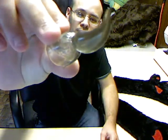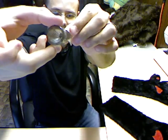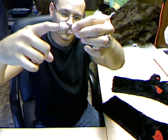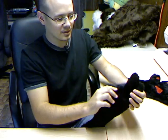This is Koi with Roofer, and today I'm going to show you how to install these little guys. They're resin claws. You can see right there the little cup, basically. That's how it's going to fit inside the glove, or hand paws. So here's our hand paw that we're going to modify,